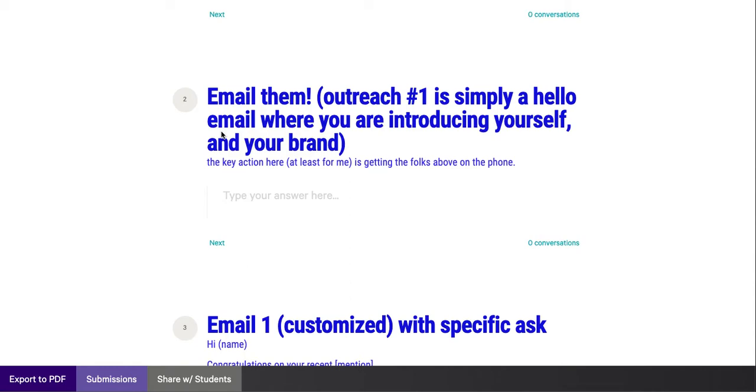It's spam, right? So the only thing you want to do here is A, use their name in the subject line, B, use their name in the first sentence, like hi Ian, and then next, the key action is complimenting the person with something very specific. It takes a little bit more time. I agree, it takes time. I mean, that's the biggest challenge, but you are going to exponentially increase your response rate